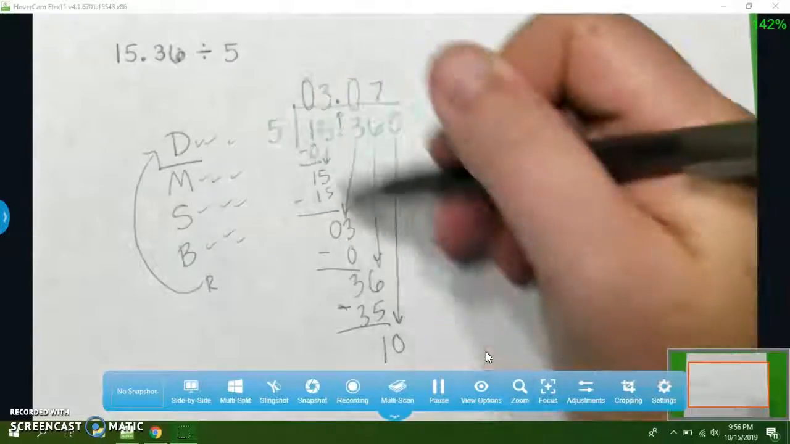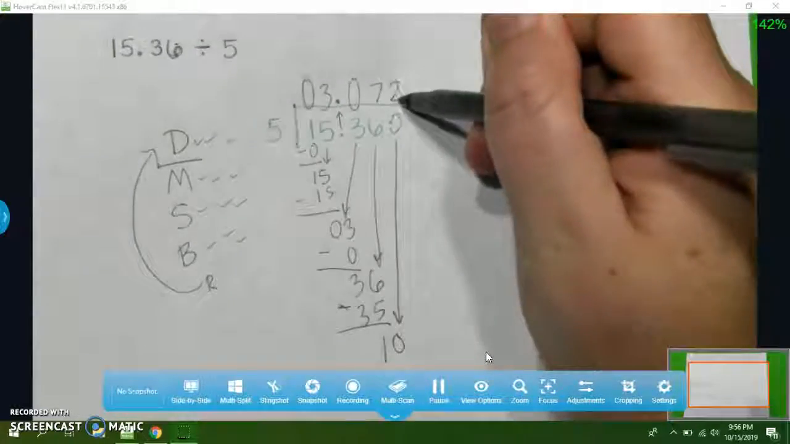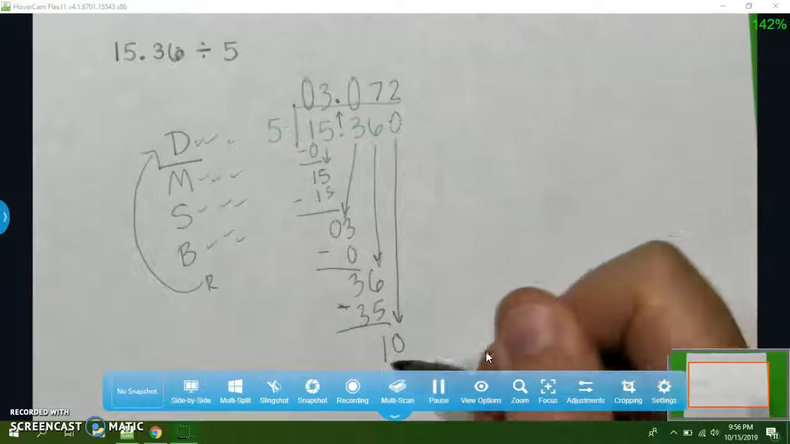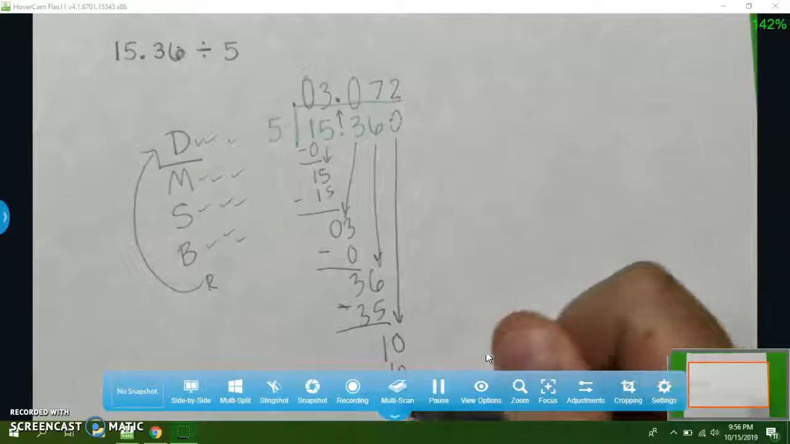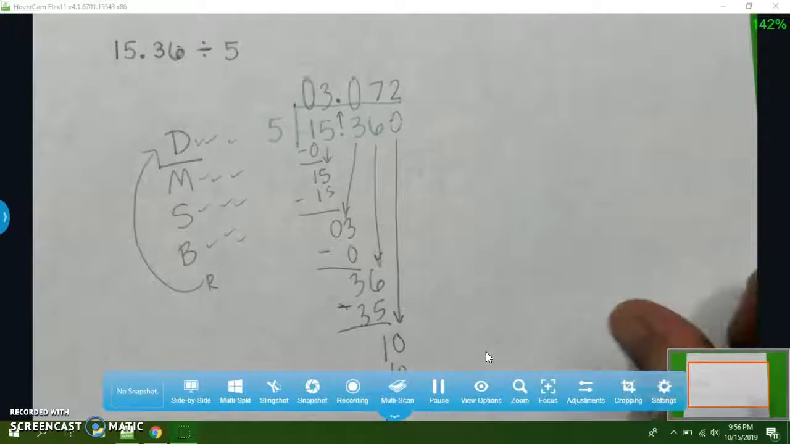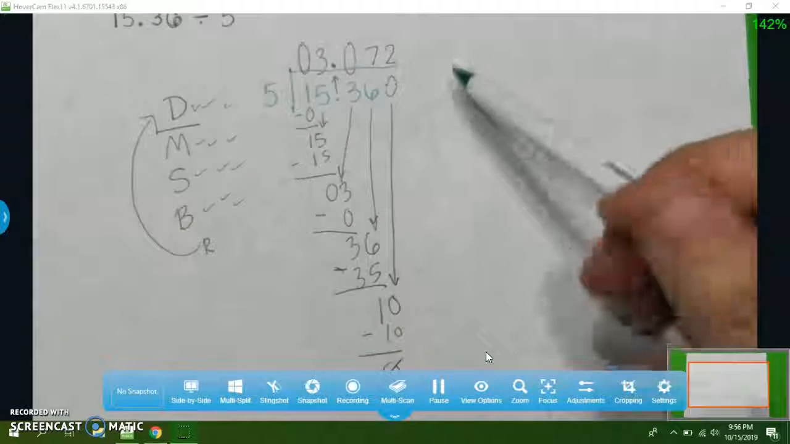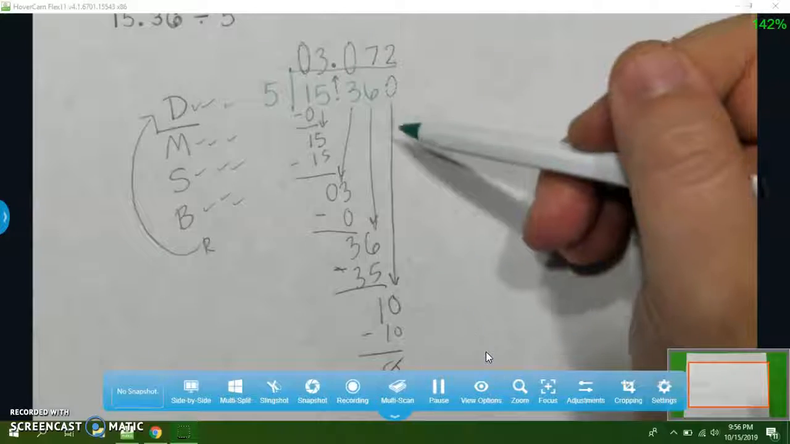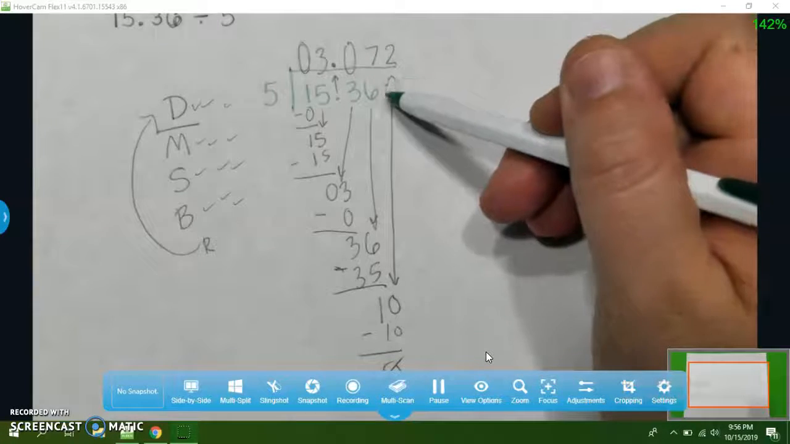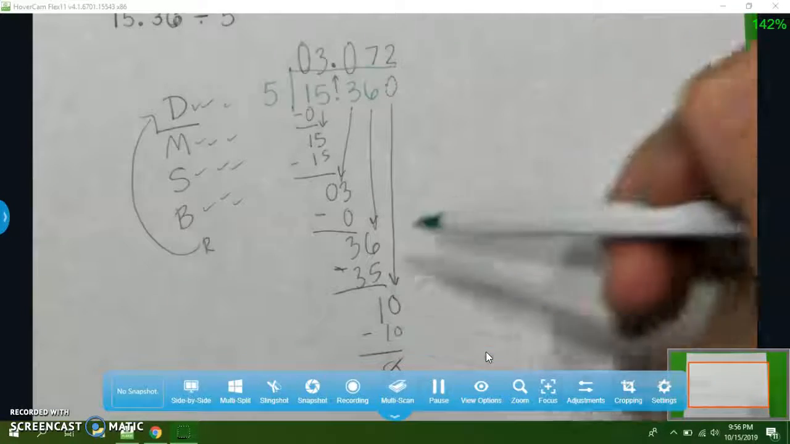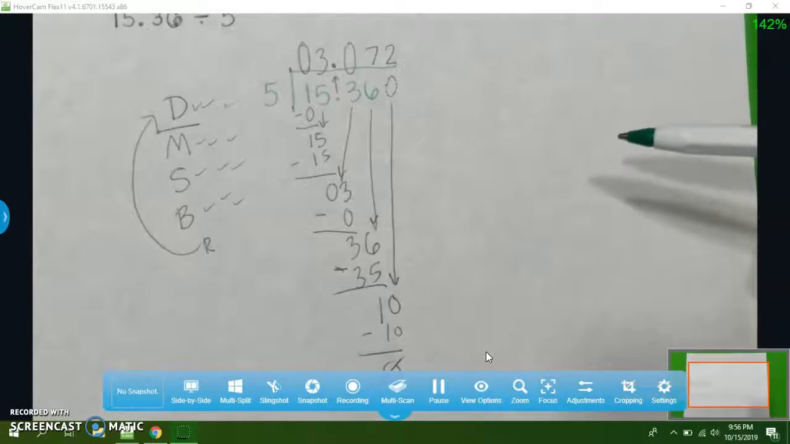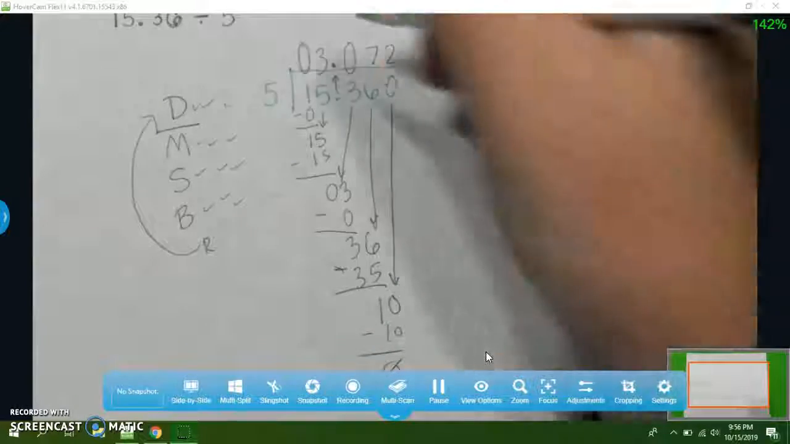So now when I divide 5 into 10, I get 2. 5 times 2 is 10, and it works out perfectly. And again, this last little step here, you're not going to run into this a whole lot, but this is called annexing a 0. We do have to add that on there and bring it down just so that our problem finishes out perfectly. And of course, if we want to check our work,